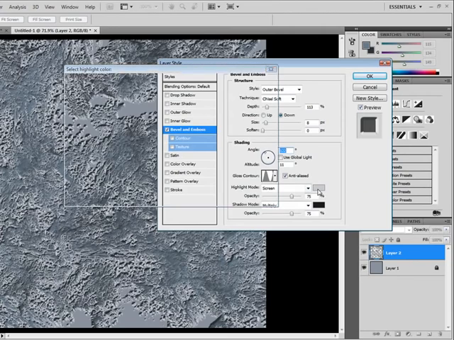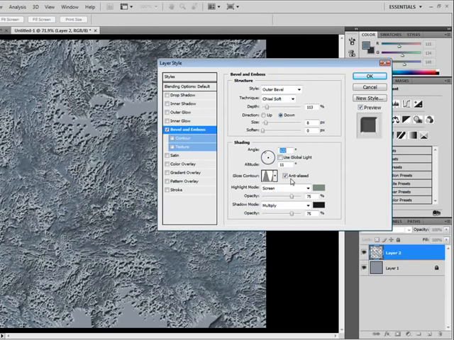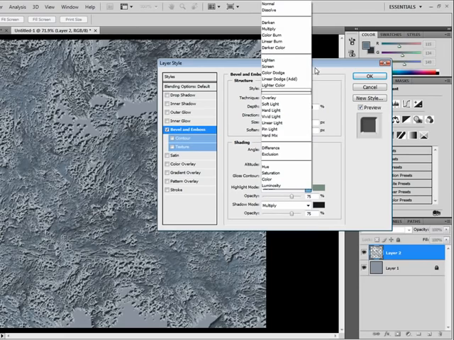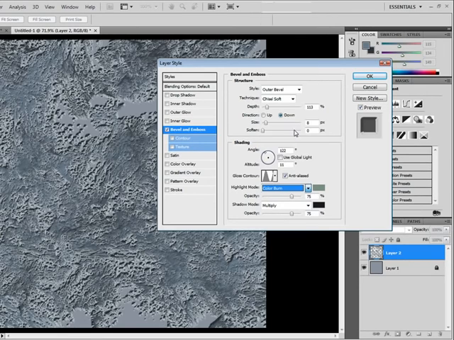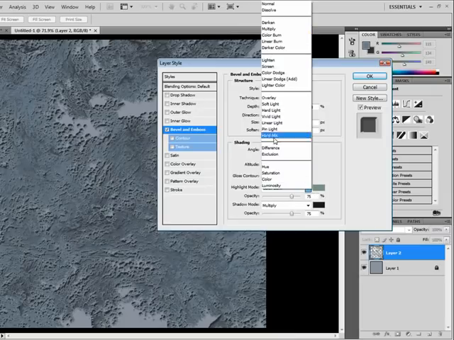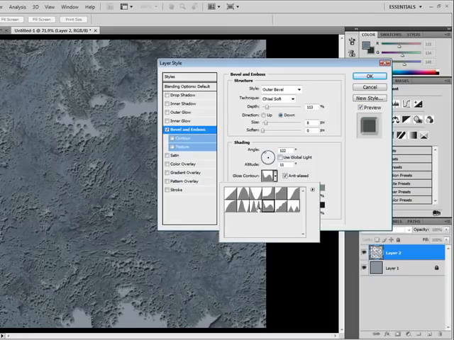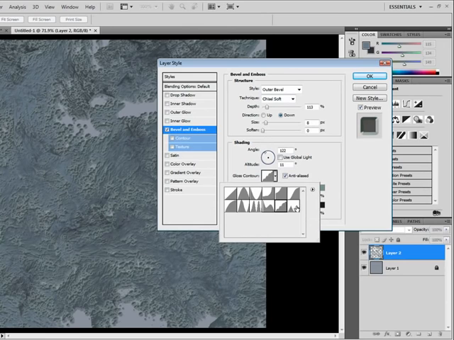You can even change this. For example, I'm jumping around a little bit, but I just want to give you a quick idea of some of the things you can do. Okay, so I changed that screen, but instead of screen, which lightens, let's hit one of the modes that darkens. Okay, that almost looks a little like a cartoon shady type thing. Let's hit multiply. Pump that up a little bit. Okay, so you can see my point, hopefully, that you can get a lot of different effects